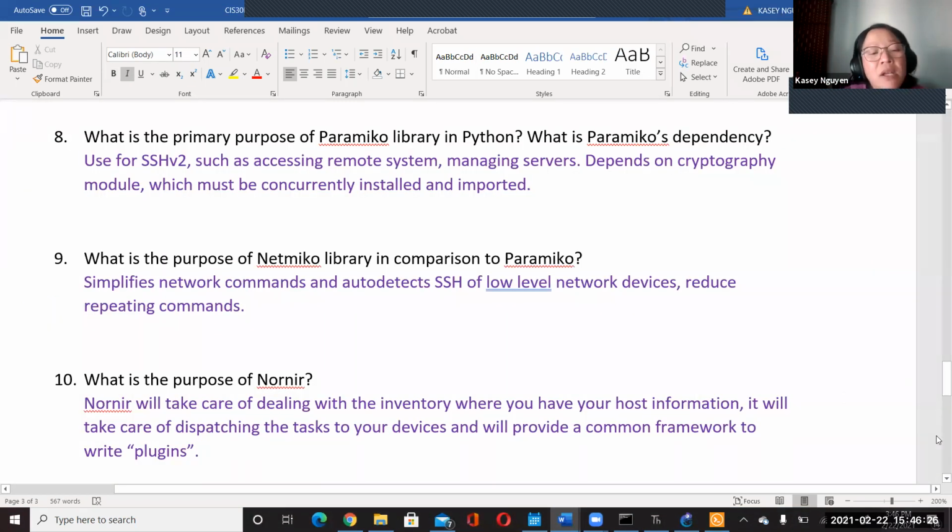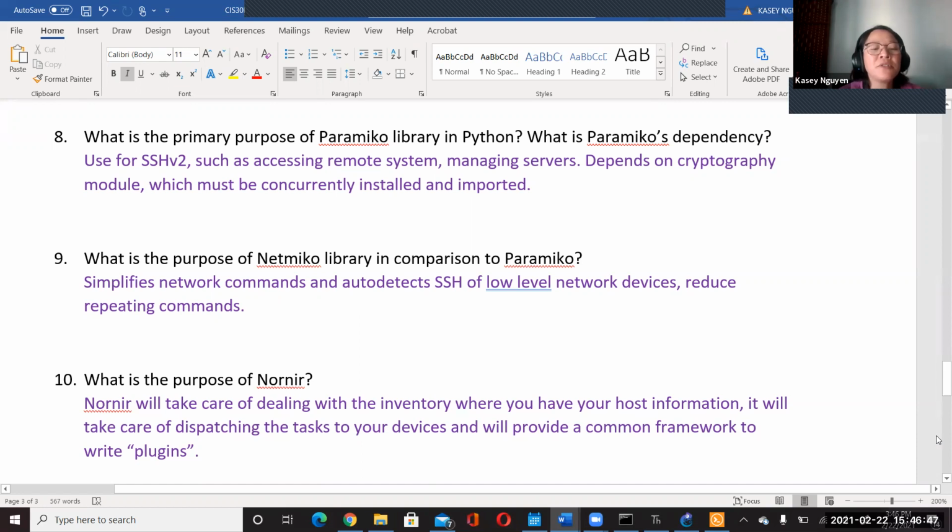So Netmiko is a library that's going to be a subsidiary of the Paramiko. It actually streamlines some of the processes that you see in Paramiko. So the parent library is the Paramiko, and Netmiko works under that.